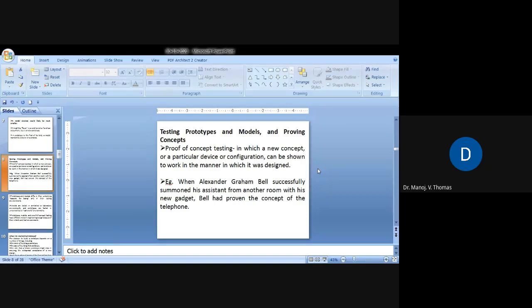So that is a proof of concept that it is possible to call somebody who is distant through this device. Even though he called from the nearby room, that's a proof of concept that it works, so it can be scaled and extended to longer distances. Proof of concept means whether the concept is feasible, scientifically okay, scientifically accurate. So that is the idea.